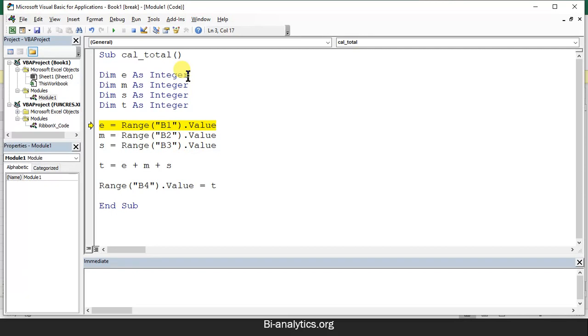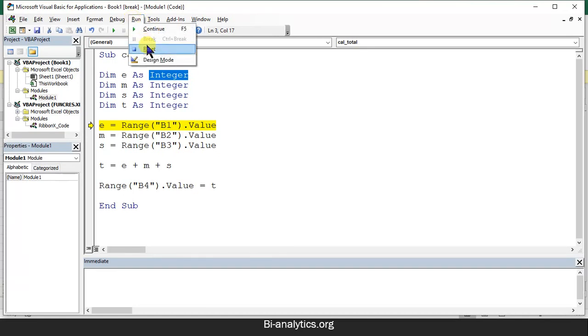So either I can change this to long or I can put the actual value. That depends on our case. But I want to tell you that whatever data type we have told, the computer will store that type of data in the system. So this is all about our program number 1.